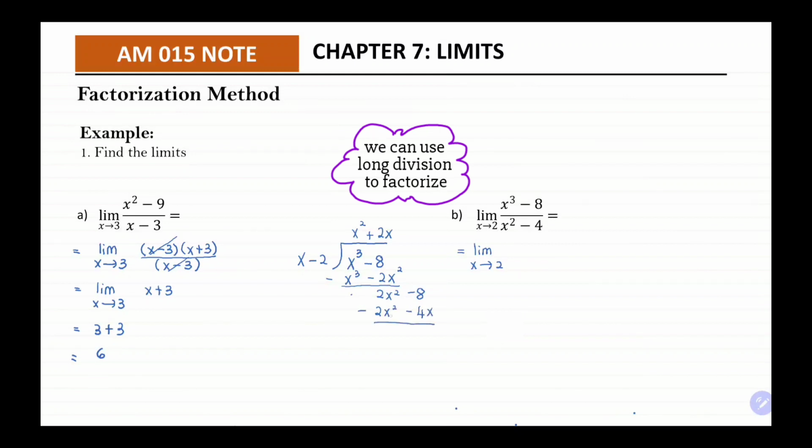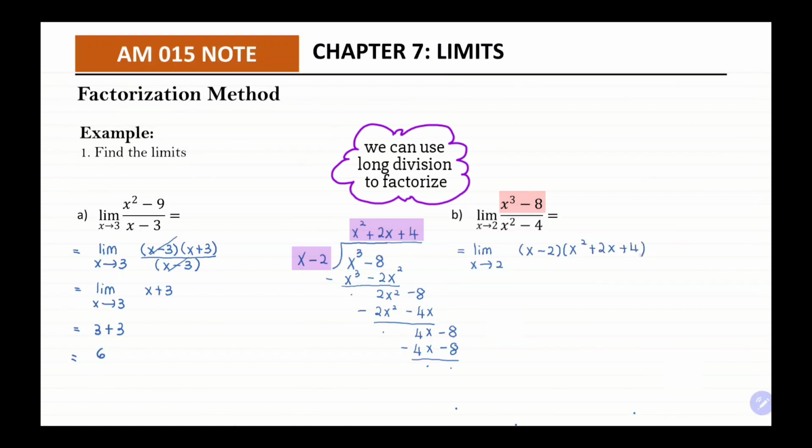We subtract, we get 4x minus 8. So this one plus 4, then we get 4x minus 8. Then subtract, no remainder. Okay, so x cubed minus 8 is x minus 2 times x squared plus 2x